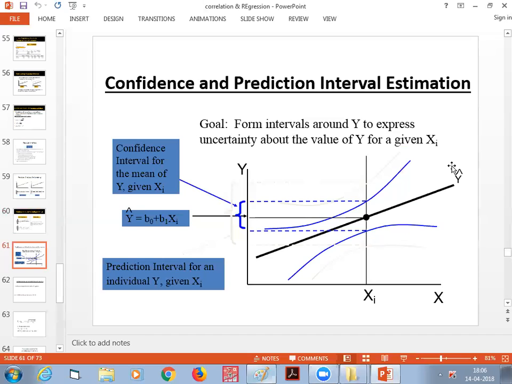What about the other one, the gray color interval I have given? That is a prediction interval for an individual y. It is not an average. So the value of y for a given value of x may be between this value to this value. That is a prediction interval. So you should know the difference between the interval for the mean value of y and the interval for the individual value of y. A simple way to say it, in the classroom,